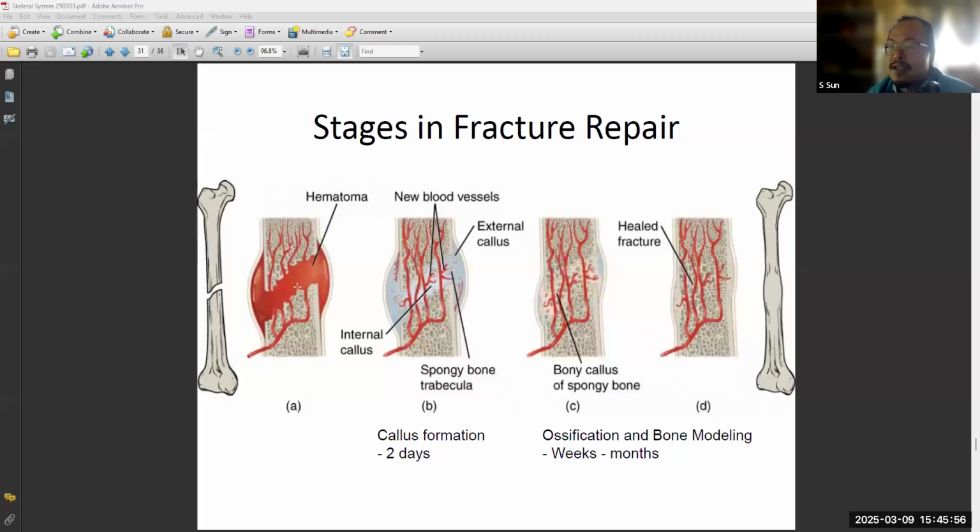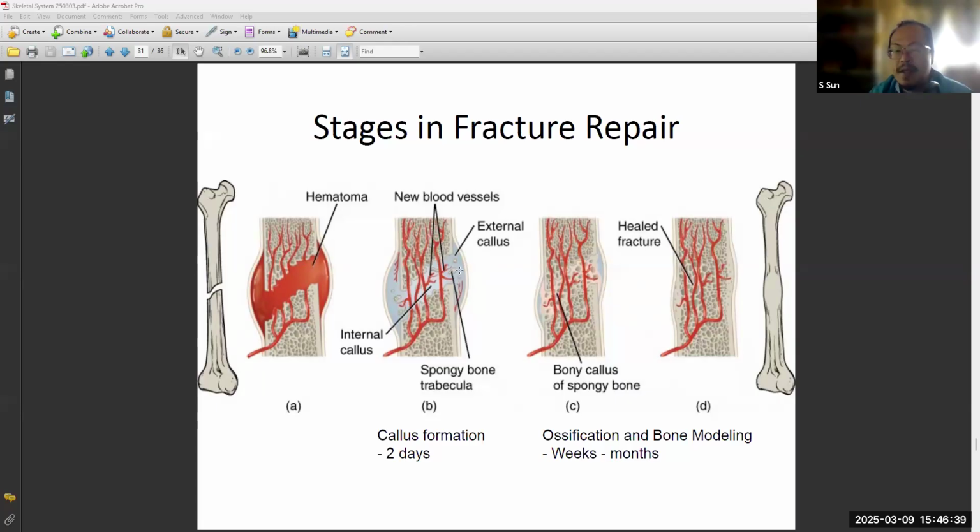When it seals, you have a lot of this clotted blood. It's called a hematoma. So we have this reddish blood present around your fracture. Then this hematoma is going to get dissolved away and be replaced by cartilage. This is how the bone starts to get healed. These two sides of the bone need to be aligned, and then when they are aligned, we allow this environment to